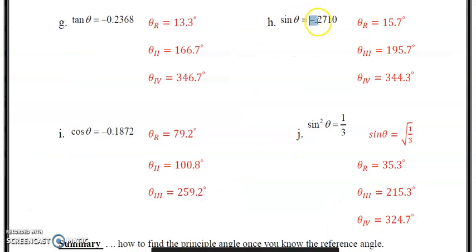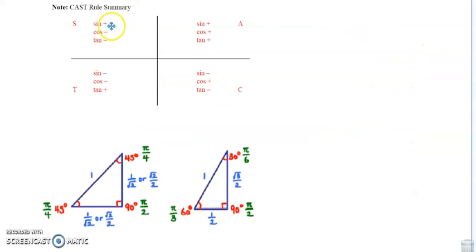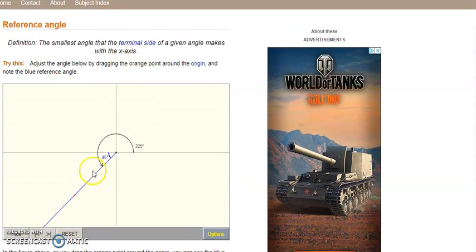But remember, it's negative. So if sine is negative, we're looking for quadrant 3 and 4, because it's positive, you look back, remember, positive here. So there's our reference angle. We're looking for the negative, so that's going to be quadrant 3 and quadrant 4. So if you want to look at your reference angle sheet,